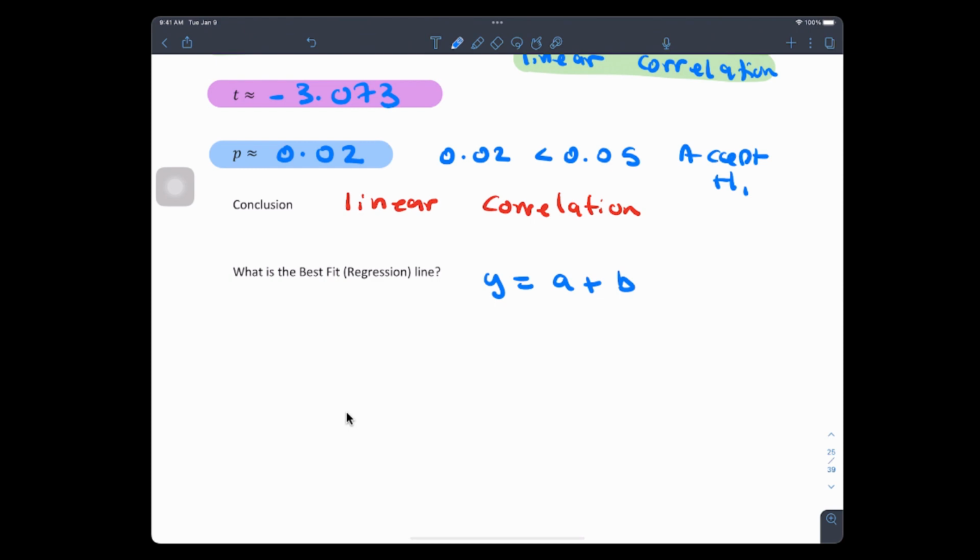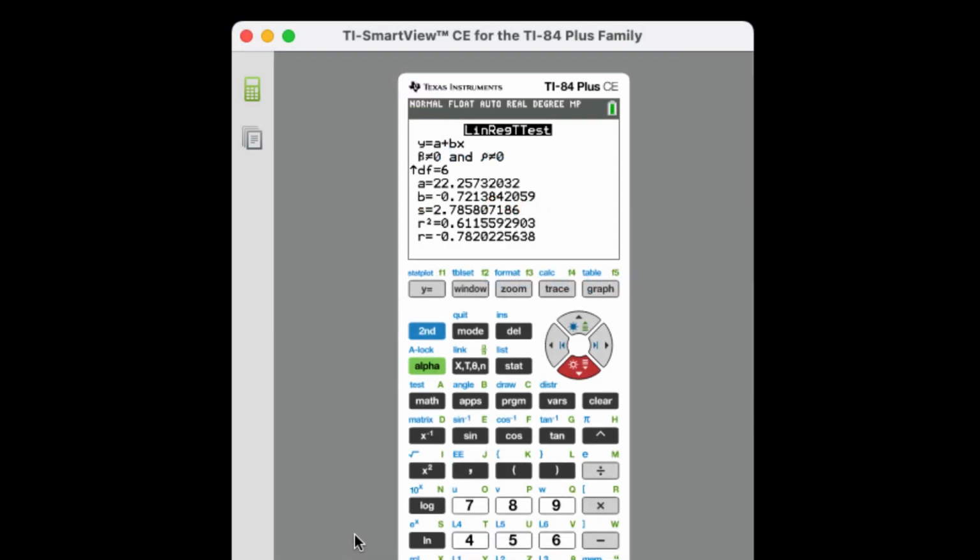Y is A plus BX. Remember that? What's your A value here? What's A? 22.257. What is B? That's minus point what? 721x. Do you guys see the A and B values there? We go to the thousands. A is 22.257. B is negative